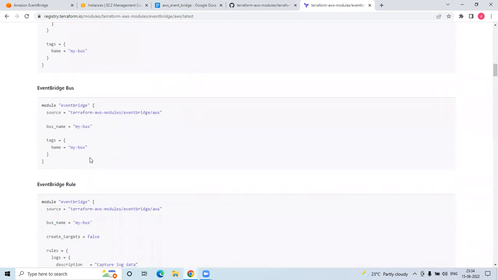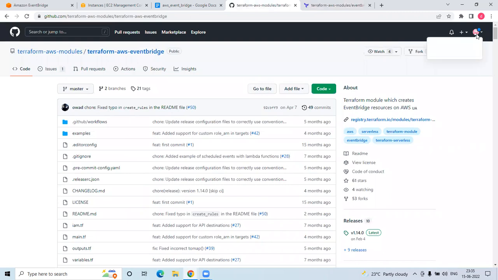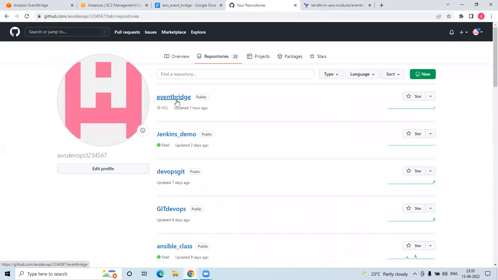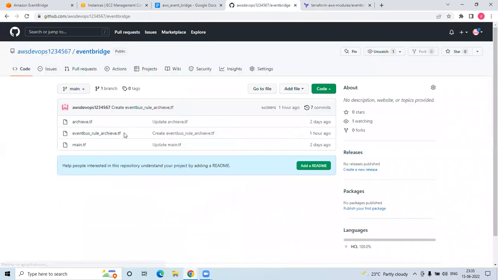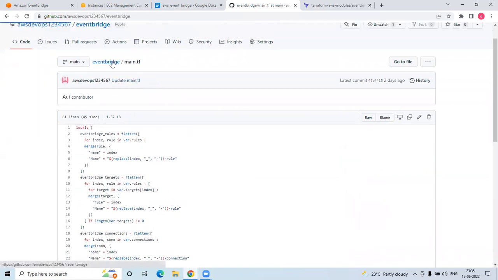I already have the code, so I'll go to my GitHub and show my code first. I have this EventBridge repository, and you can access this repository. If you go to my code, in main.tf, you can see